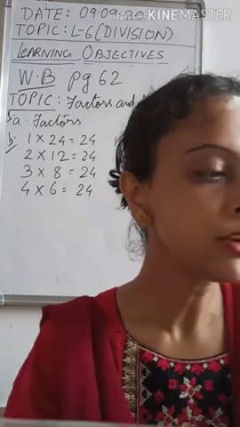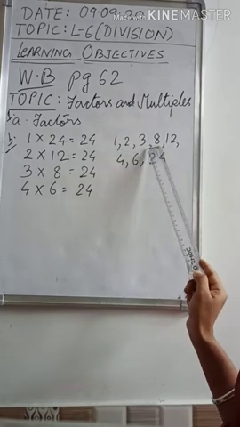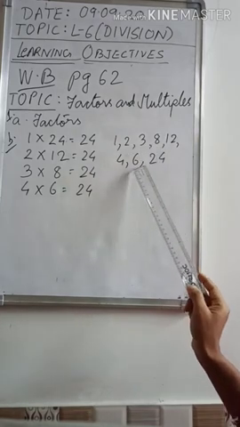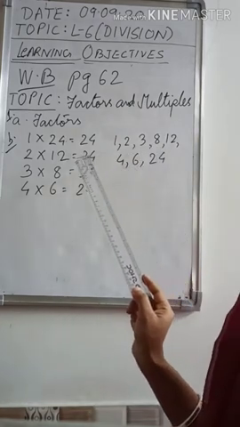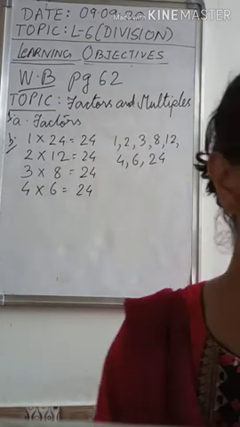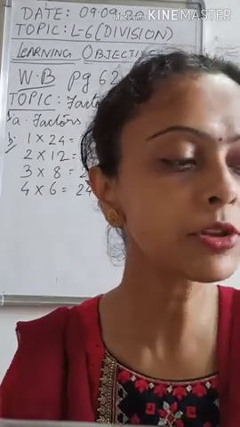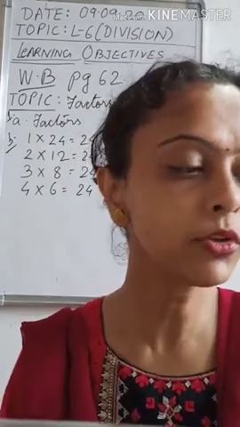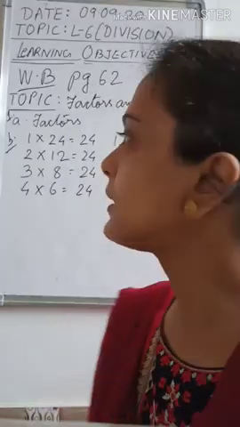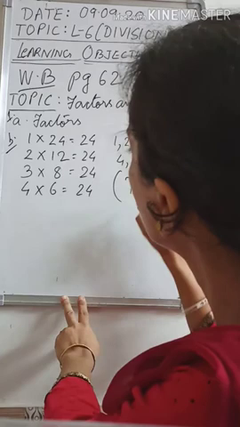In your options, the first option is 3 8, and we are getting 3 8. The second option is 6 4, so we are also getting 6 4. The third option is 2 and 12, so we are also getting 2 and 12. And the last option is all of this. So that means A, B, C, all the options are correct. So which one are you going to choose? Option D will be the correct answer. That means option D is the answer of number B.